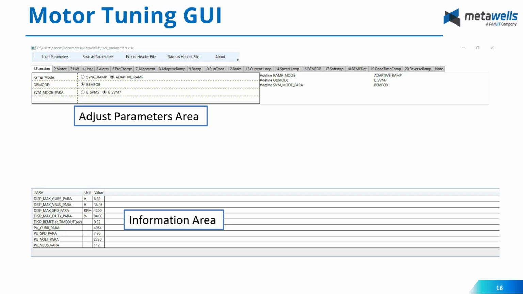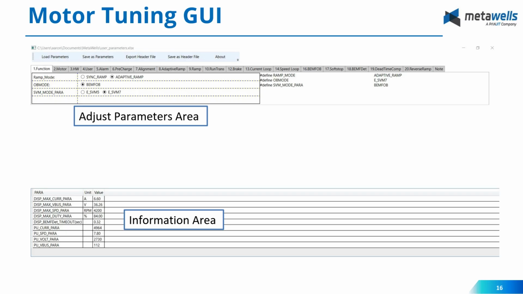Users can input some parameters in this area, like function, motor, hardware, etc. And the information area, in the bottom area, shows some very important information to the user, like maximum current, maximum voltage, and the maximum